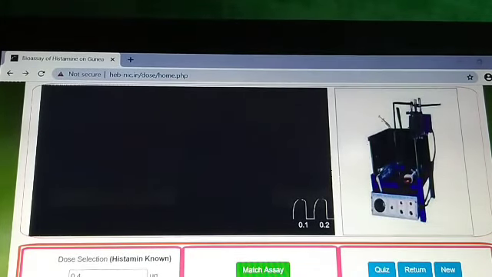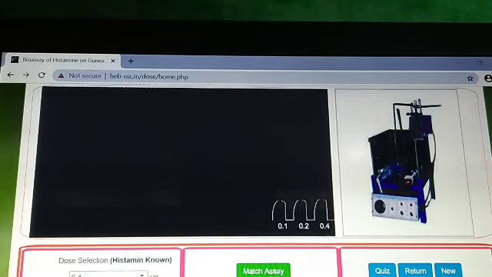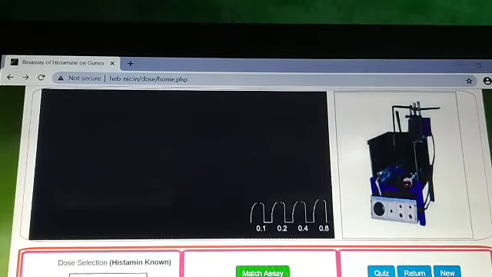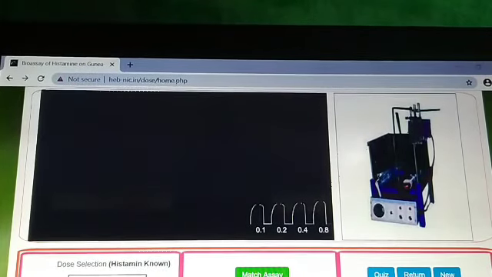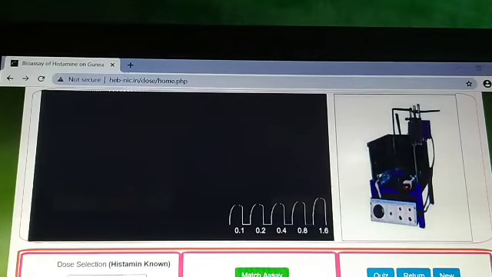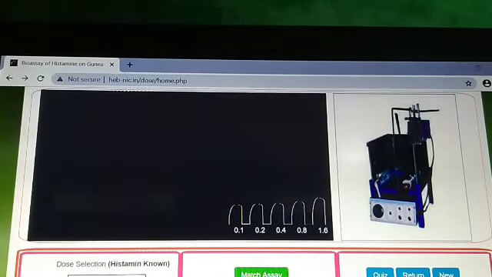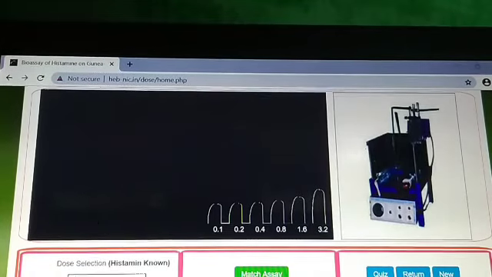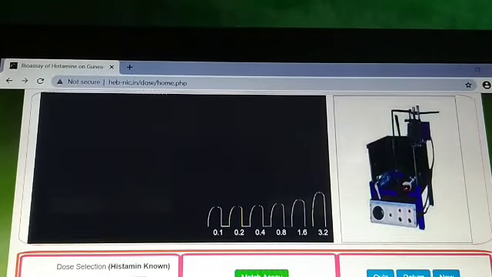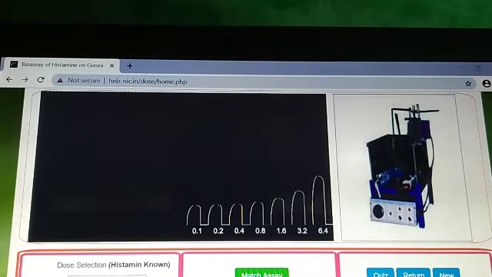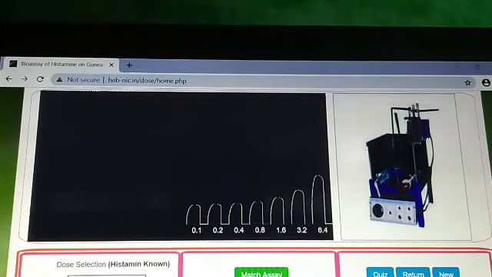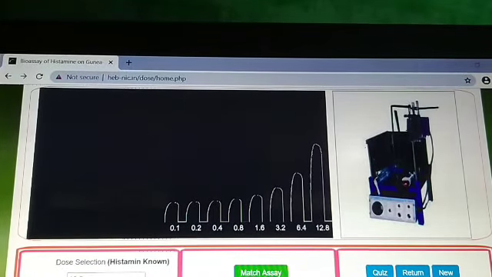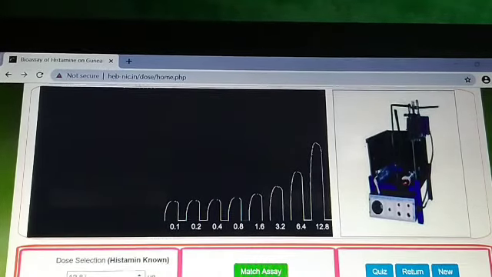0.4, inject. So the response height gradually starts to increase. 0.8, it is increasing, 1.6, 3.2, then 6.4, then 12.8,